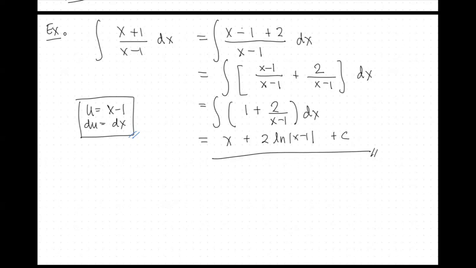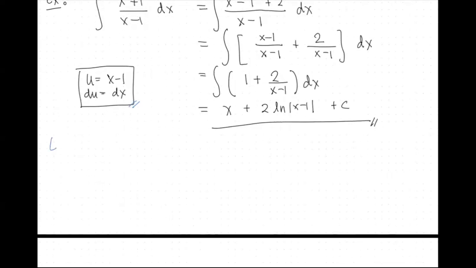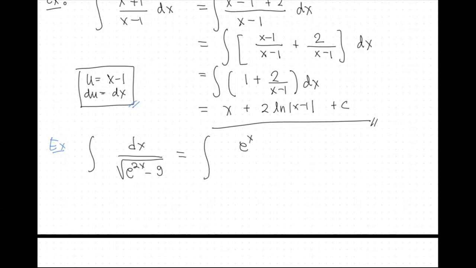There's another example here, which has a trick again. I'm using blue. So here we get the integral of this, square root of. If you look at this one, there is no formula for it among the inverse trigonometric functions. So the trick here is to put the extra e to the x here. Also, if you put 1 in the upper numerator, you have to put 1 in the denominator.